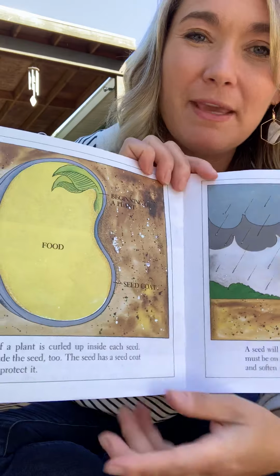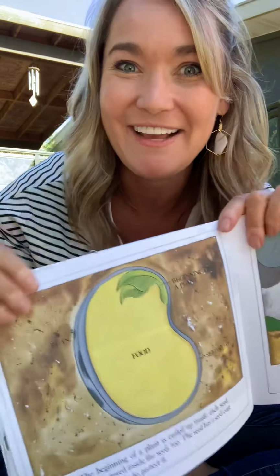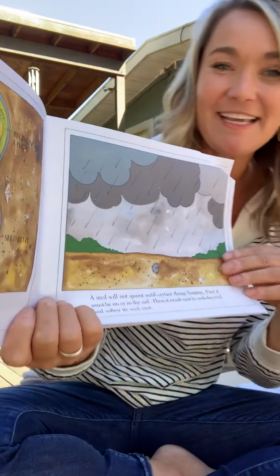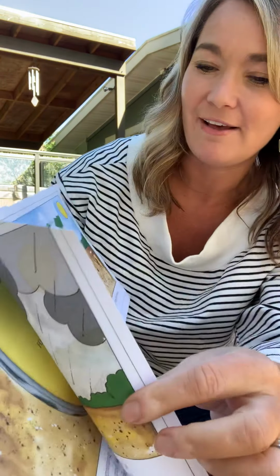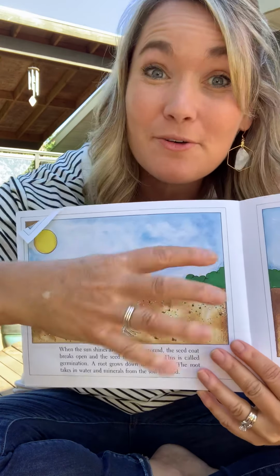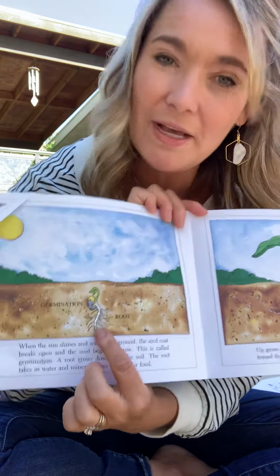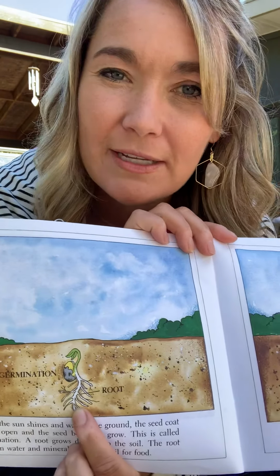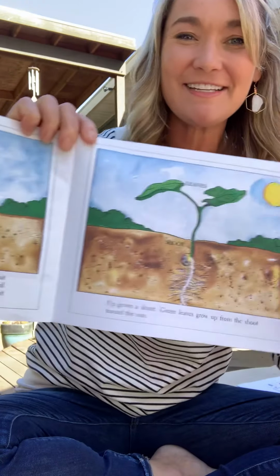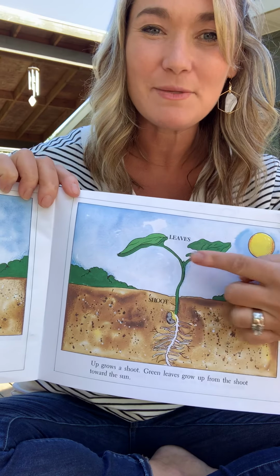But say with me, what is the first step in the plant's life cycle? It has to be a seed. First, it's a seed, and then tell yourself, what happens to that seed underneath the ground? Remember that seed coat splits open, and then things will go down into the ground. What goes down into the ground? Starts with an R. Roots. Roots go down into the ground, and that shoot will sprout up, and you might see a sprout with